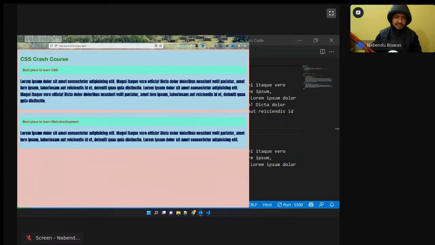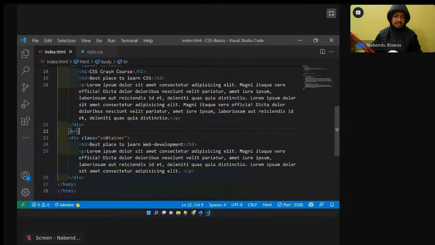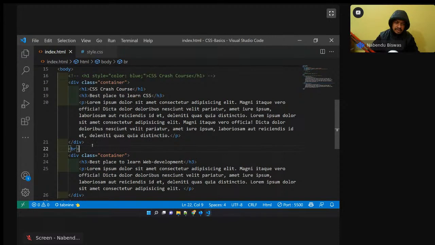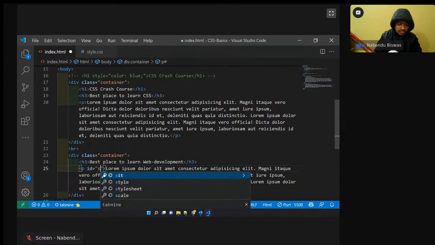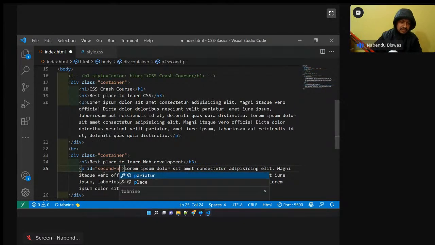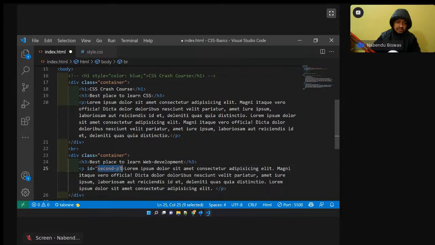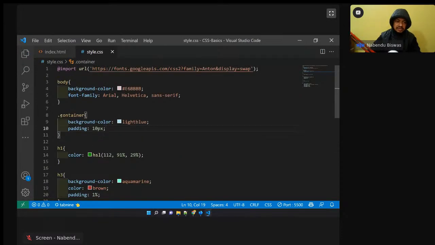But now what is happening? See, classes, there's something known as IDs also. So the difference between classes and IDs is that classes you can give multiple times, like this I can give multiple times, but IDs we can give only one time. So you have to uniquely identify something, so you will give the ID. So ID equal to second P I'll give, and then I'll go here, maybe save it, and see,